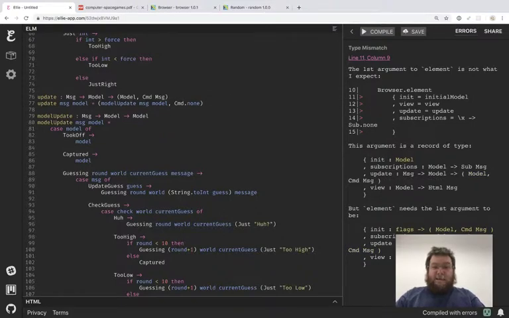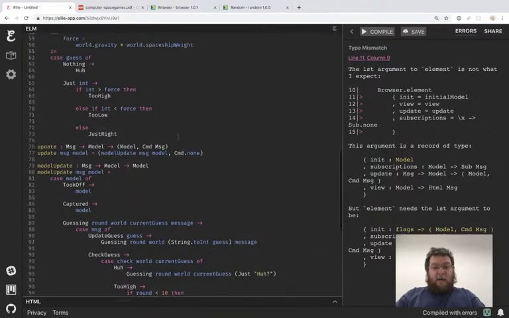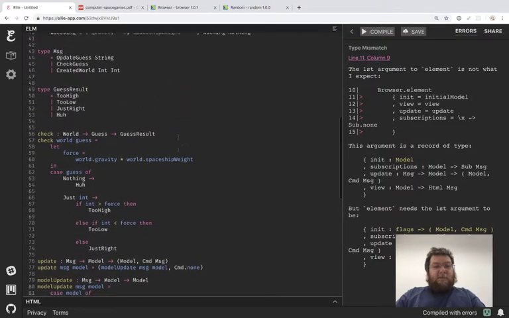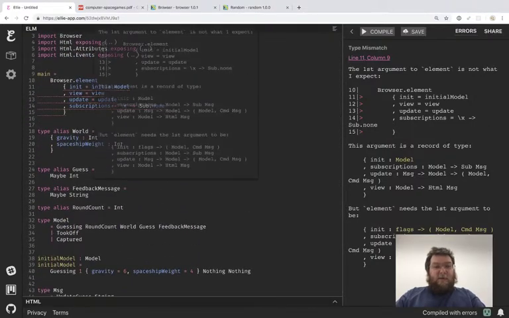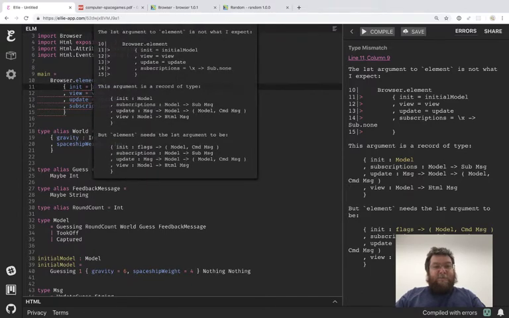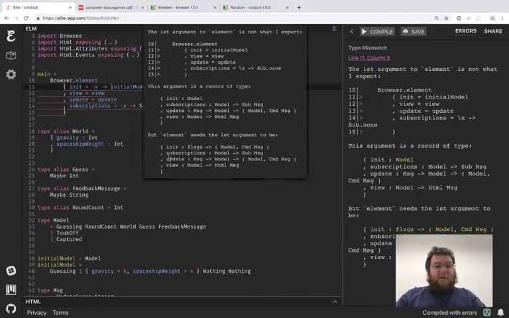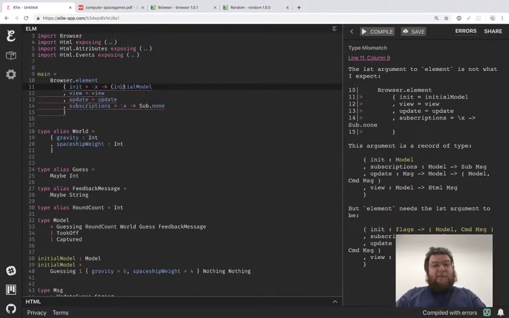So that's looking good. Our init now takes a set of flags and returns a model and a command message. So we can do that here. Flags, which we're going to ignore, is going to return the initial model. But the command we're going to use is Random.generate